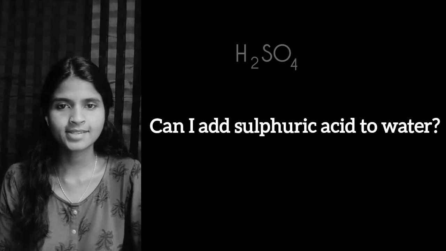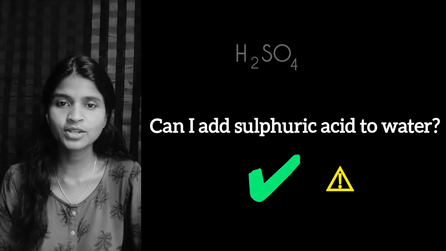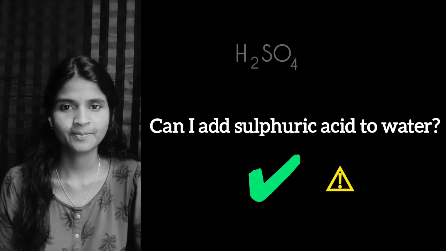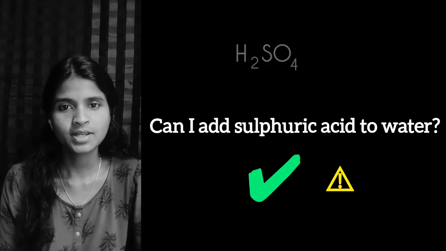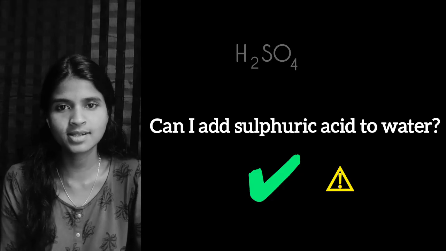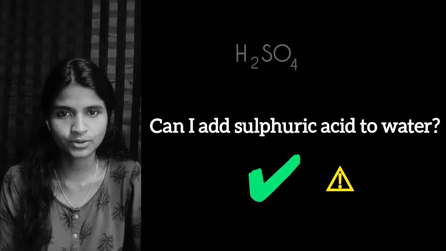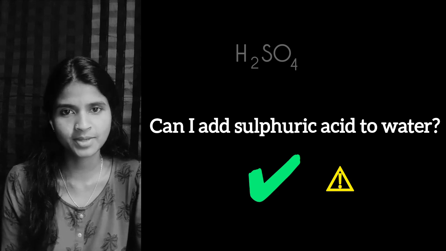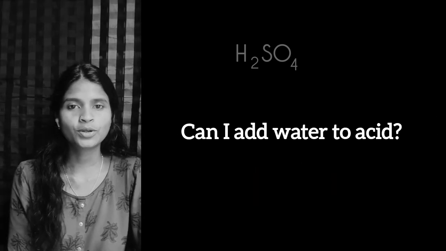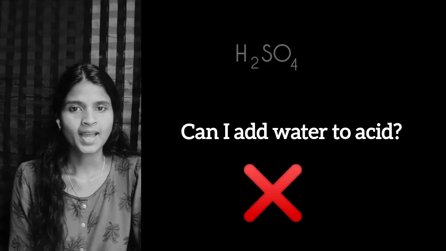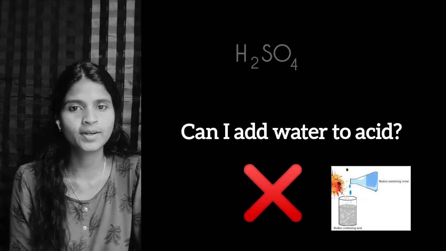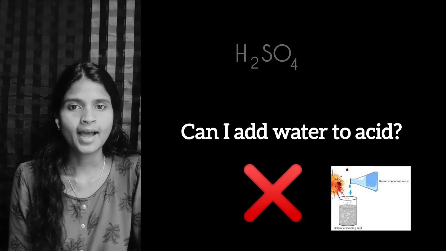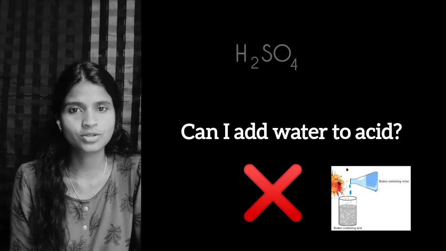Can we add sulphuric acid to water? Yes, we can add, but with caution. Acid should be added slowly along with continuous stirring. It is added slowly because a considerable amount of heat is released after adding acid to water. As it releases heat, the reaction is called exothermic. Always remember, water should not be added to acid, as it allows the solution to boil and it can break the beaker, it can burst a beaker and create hazardous issues.